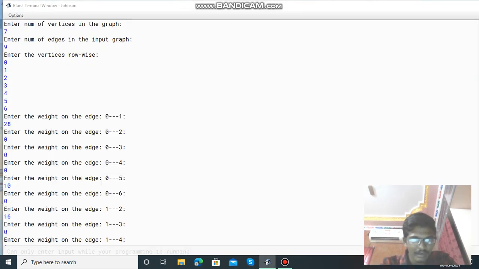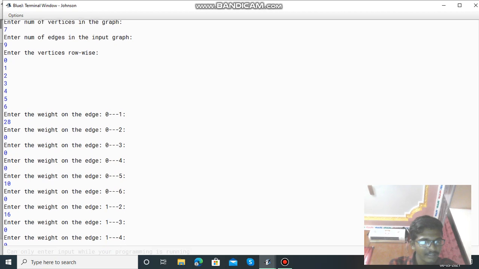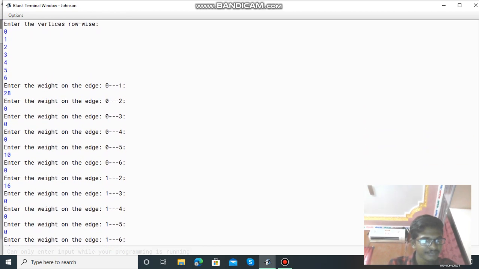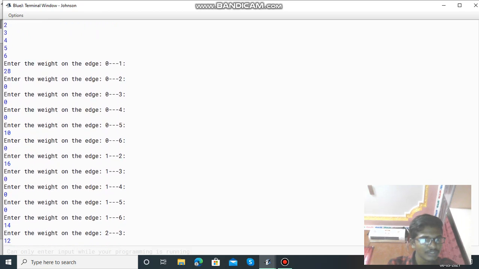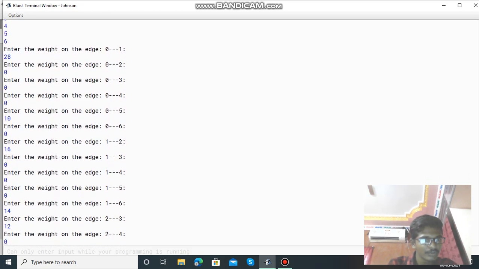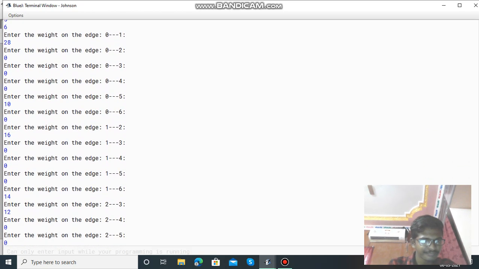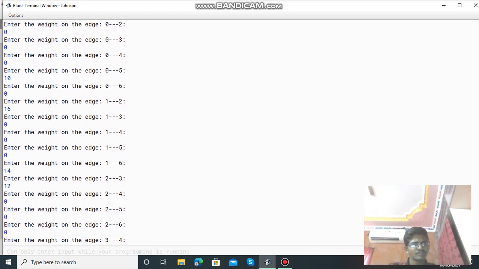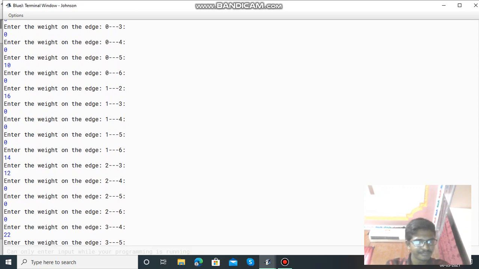And we give the output. Enter number of vertices in the graph: we give 7, then it will give number of edges equals 9. Vertices row wise: 0 1 2 3 4 5 6. Then weight on the edge: 0 to 1 is 28, 0 to 2 equals 0, 0 to 3 equals 0, 0 to 4 equals 0, 0 to 5 equals 10, 0 to 6 equals 0, 1 to 2 is 16,